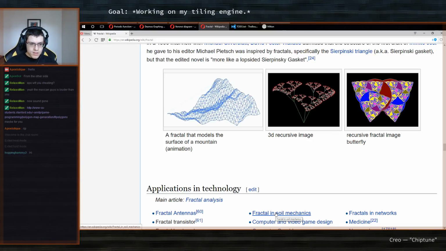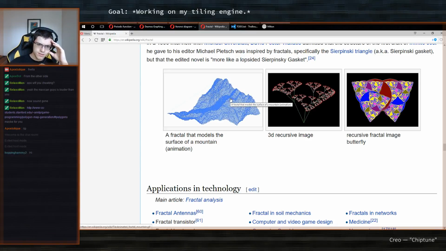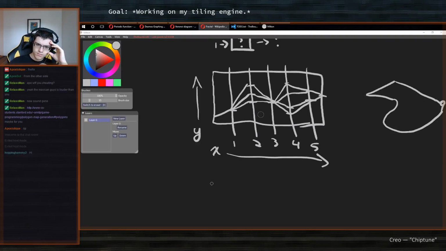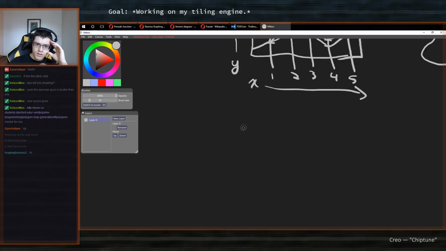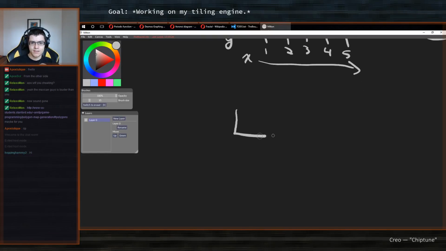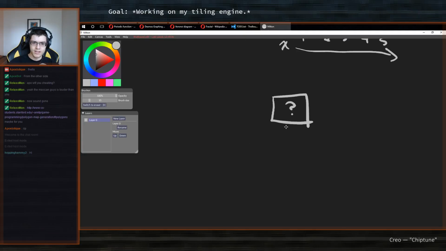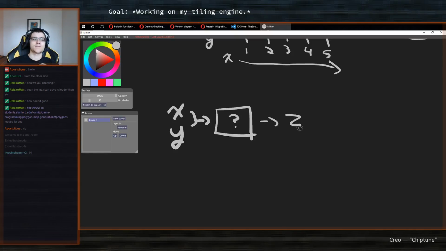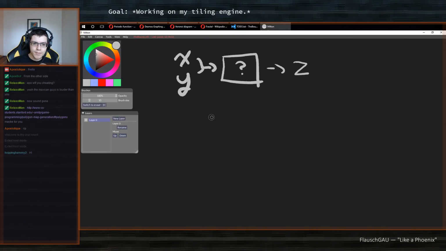Okay, that fractal thing here is interesting. So let's say my black box is actually like this. I don't know what it does, but I know it takes an X and a Y, which I feed into there, and it outputs something. I see. So the Z right here. So given this sort of 2D map,